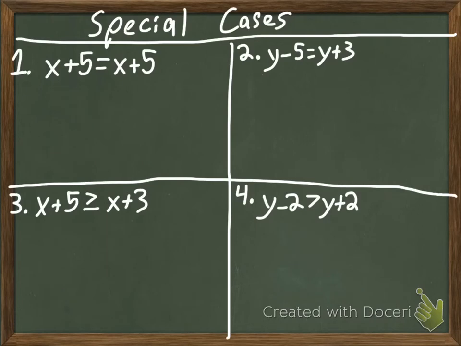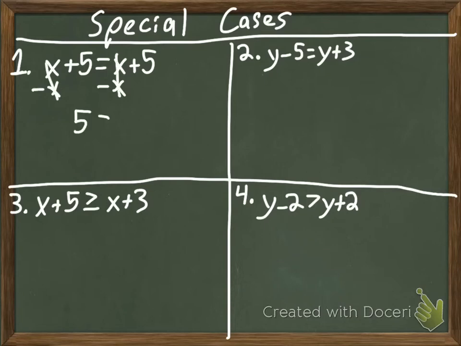On to our last idea of this lesson, special cases. Sometimes whenever we work with variables on both sides, we run into special cases. So let's start with number 1. I'm going to solve this. I look, x and x. Well, neither one's really smaller than the other, so it doesn't really matter which one I subtract. So I subtract x,